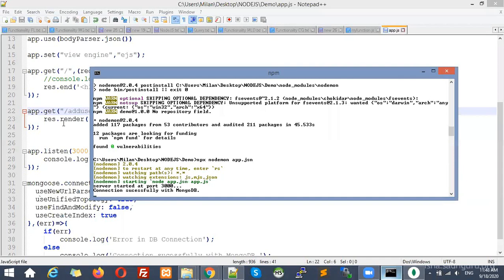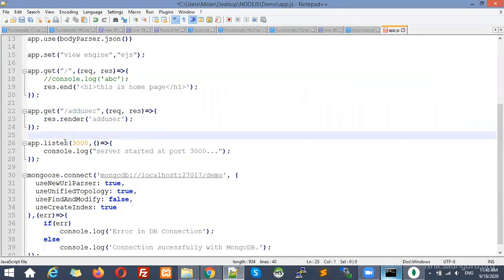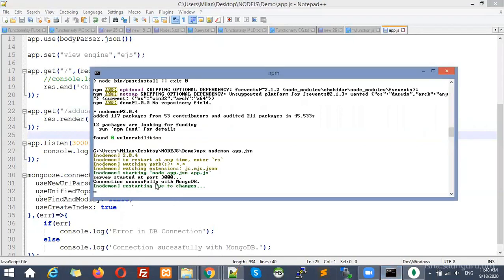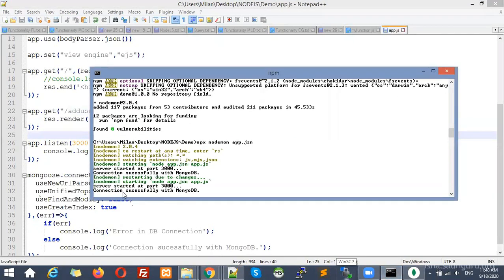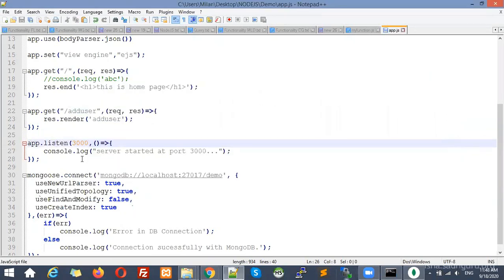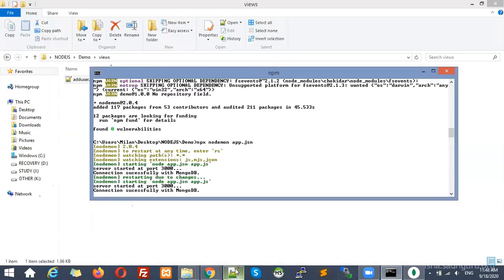So now what will happen, see, if I change anything over here, you can see this server here is automatically reloaded. So every time we don't need to reload the server, we don't need to remember whether we have restarted or not. You just have to check over here whether it is reloaded. Yes, reloaded, then you don't need to take any action, it is automatically going to reload.